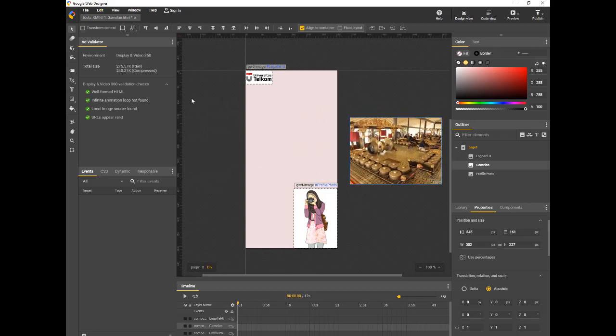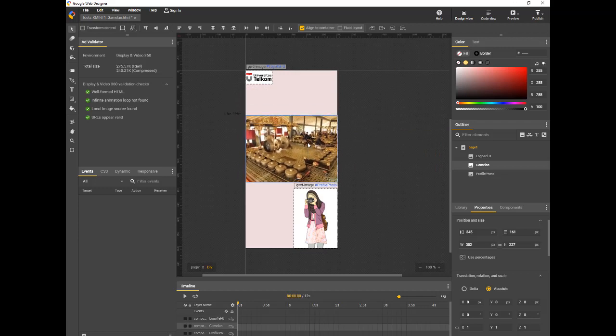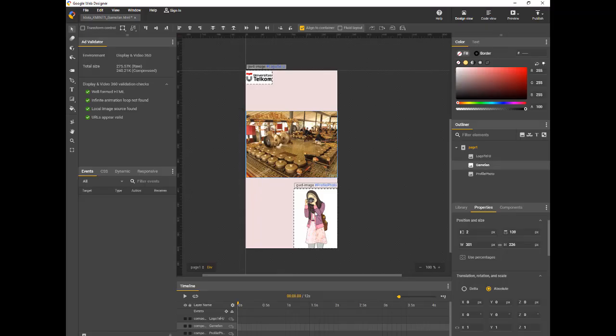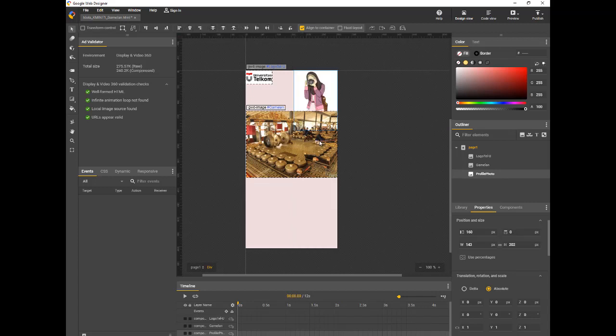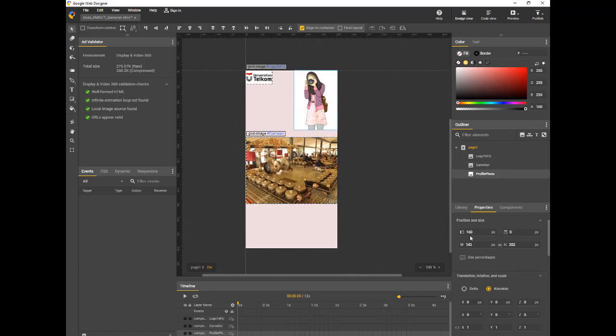Now this one is the photo of the object, so you can put the photo of the object wherever you like. I'll just put it maybe right here. It's really up to your creativity, and you can also change the size.